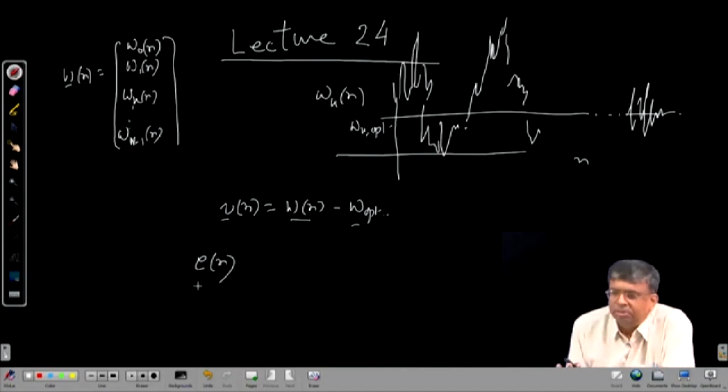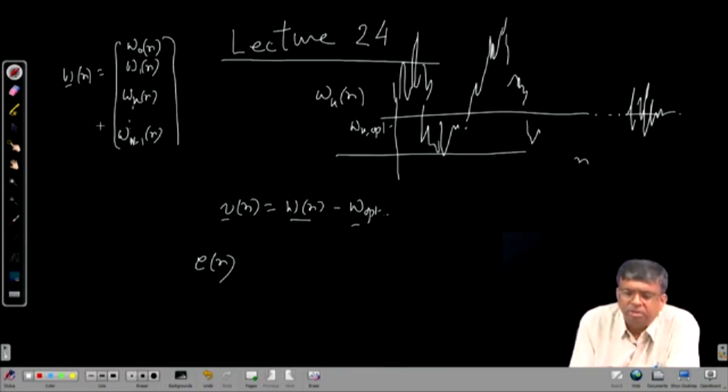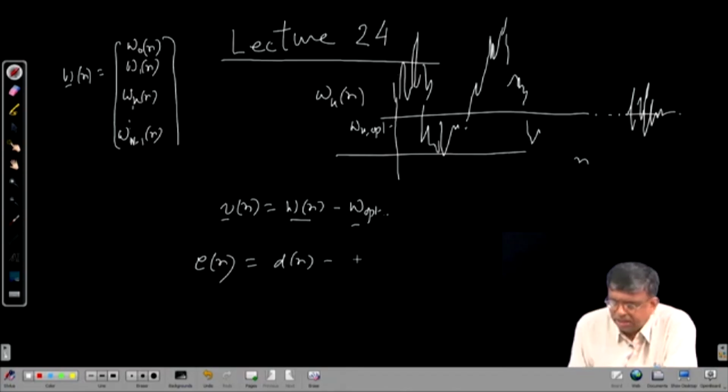Not necessarily LMS, what I am going to present is more general, just an adaptive filter. The filter coefficient vector at any nth clock is updated by some adaptive algorithm. At the nth clock, the output error will be the desired response minus, as you have seen,